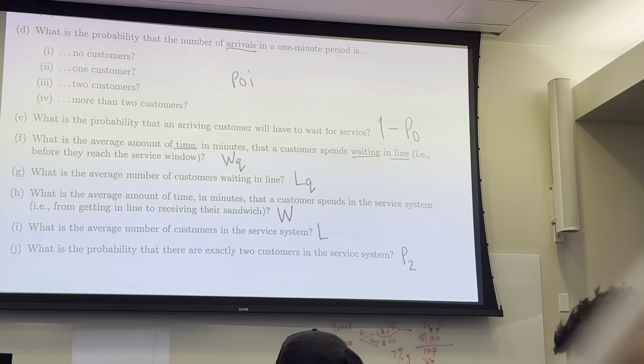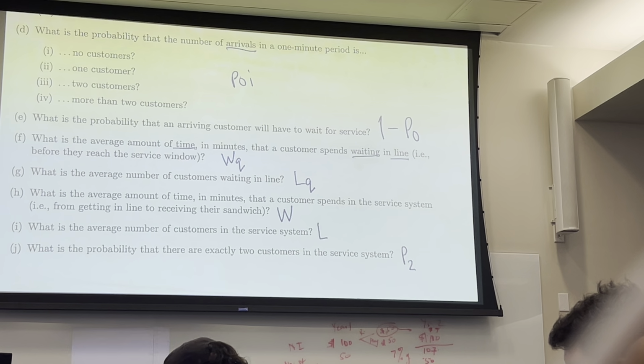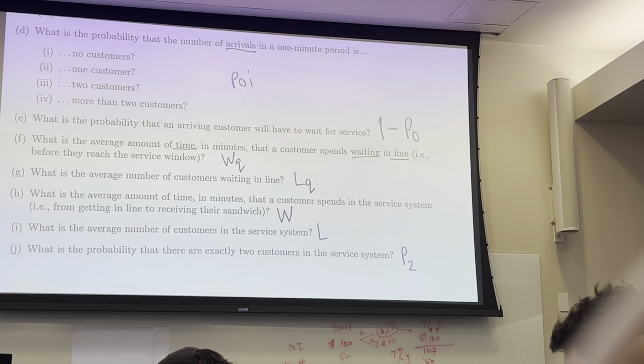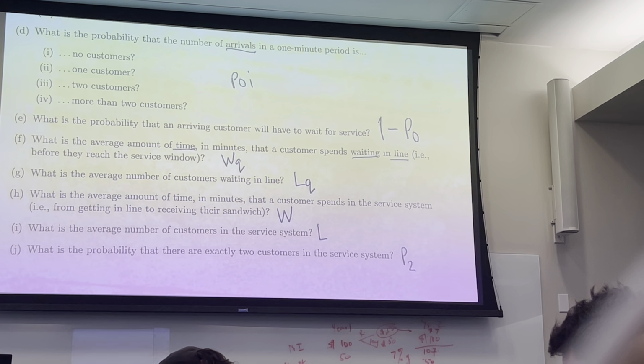So of course you're probably wondering, why don't I just label them? Then I'm really not testing you on anything. It's literally just plug in and go. It's like, oh, the probability that there are no customers in the system. Let me use the formula that there are no customers in the system. So that seems kind of